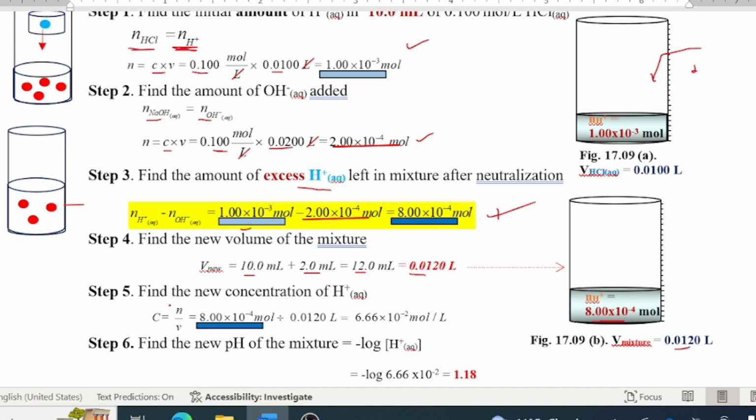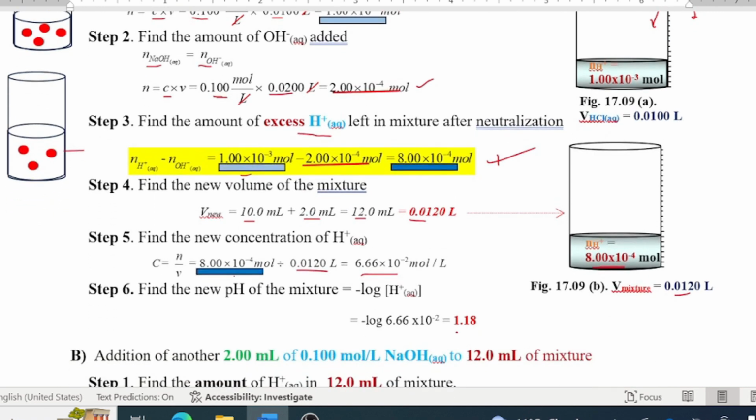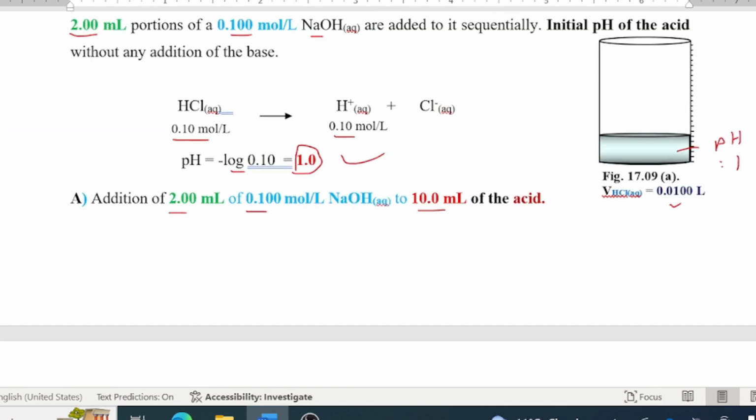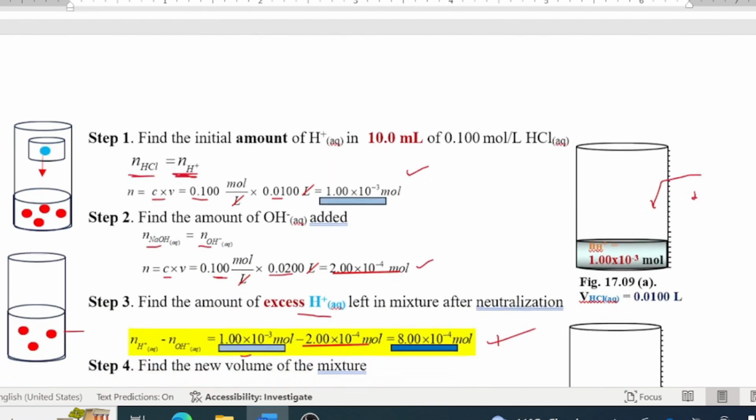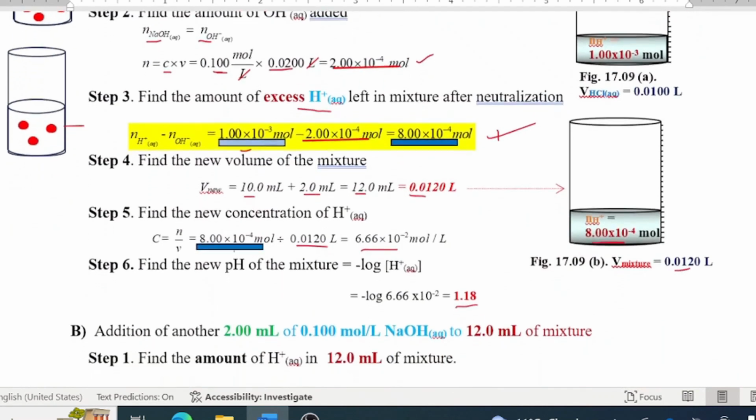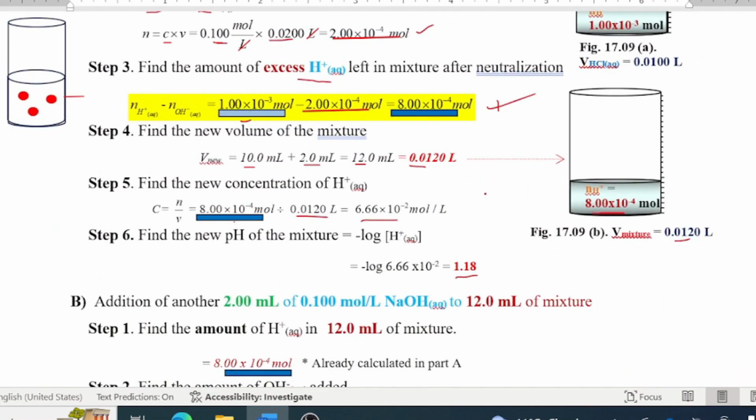We do concentration is equal to n over V. This divided by the new volume here is the new concentration of your hydrogen ion. You do a negative log of that and you get that. See, look, the pH went up. What was the pH? The pH was 1. Why is the pH going up? The pH is going up because the concentration of your hydrogen ion is getting less because you're neutralizing it by